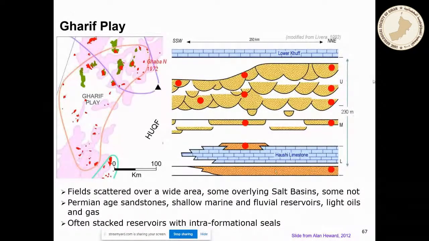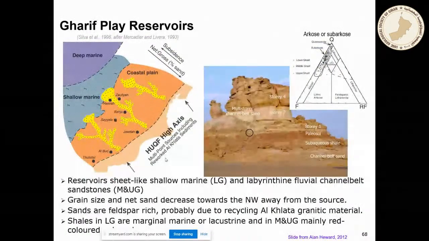So Garif is, by the way, divided into upper, middle, and lower Garif. Most of the reservoirs are within the upper and middle Garif. And a lot of the oil within the Garif play is light oil. Unlike the ones on the eastern flank of Oman that go all the way from Khizna in the north to Marmul in the south, or beyond Marmul, these are usually heavy oil. So for Garif, we have three types of